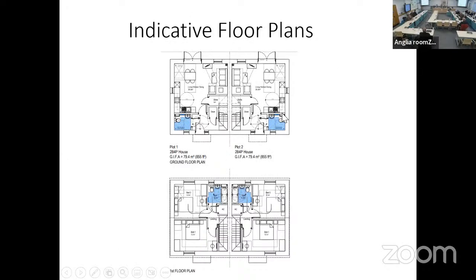And these are the indicative floor plans, but again, please do note that these are indicative, and things such as scale, layout, and appearance will all be decided under a reserved matters application. So it would be proposed for it to be 2-storey at this current moment based on the floor plans. And I can confirm that these proposed floor spaces do meet the requirements of policy HAL 10, which is for